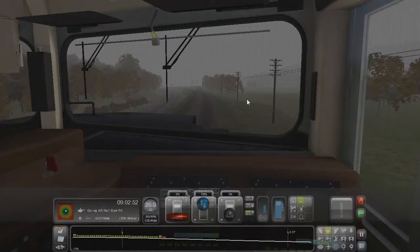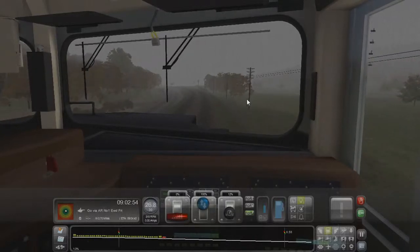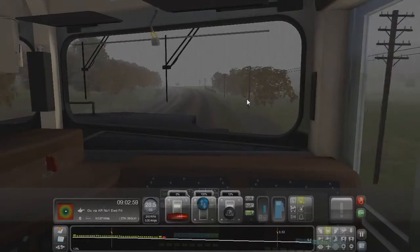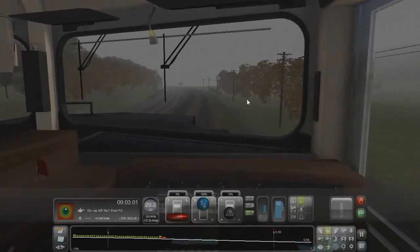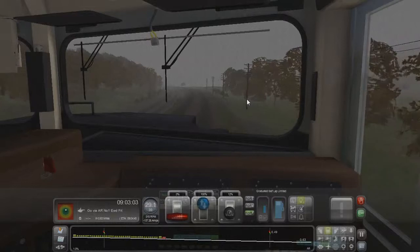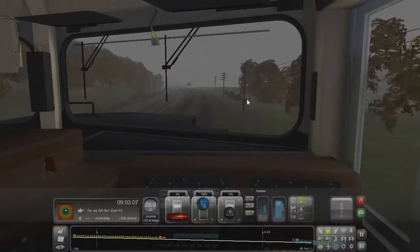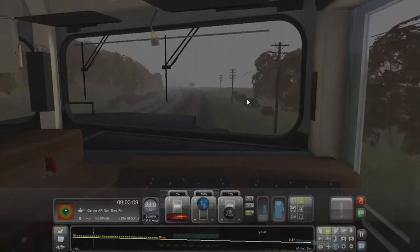This is the Horseshoe Curve route. I'm not sure if this scenario will actually take us through the Horseshoe Curve. Probably will. That's most of the reasons to play this map, is to go through that. But this was the first track released for Train Simulator that had super elevated curves and the new lighting engine. So it's